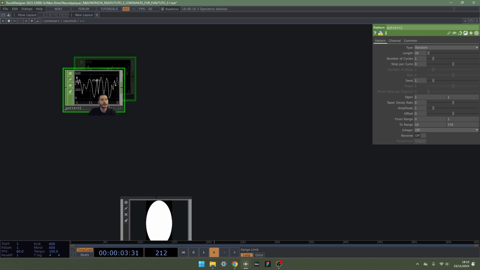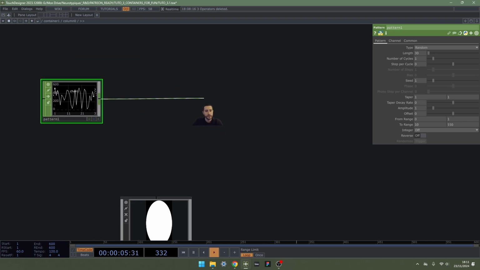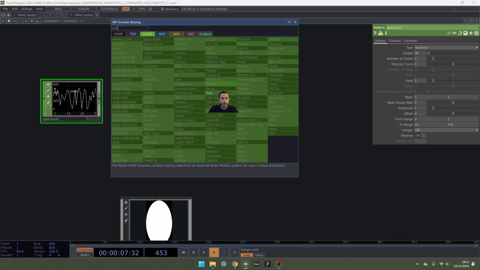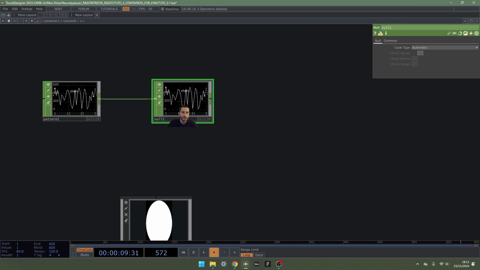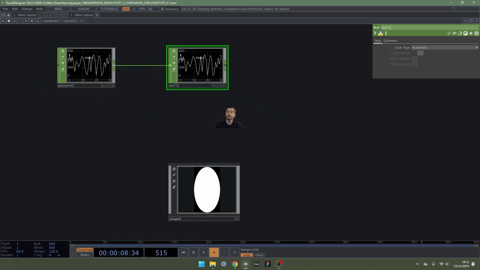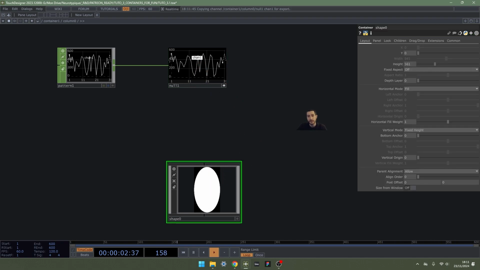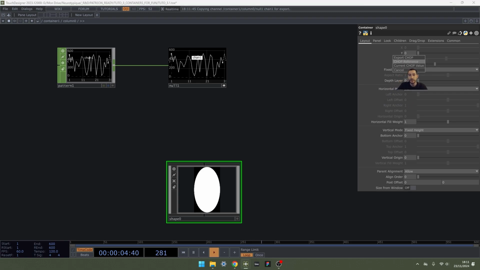And now I'm going to show you a convenient way, just for the sake of being clean: let's put a null. For single samples with CHOPs, it's really easy to just make the operator active by clicking the plus or hitting A, and then dragging, hovering on the destination, and releasing on the parameter.